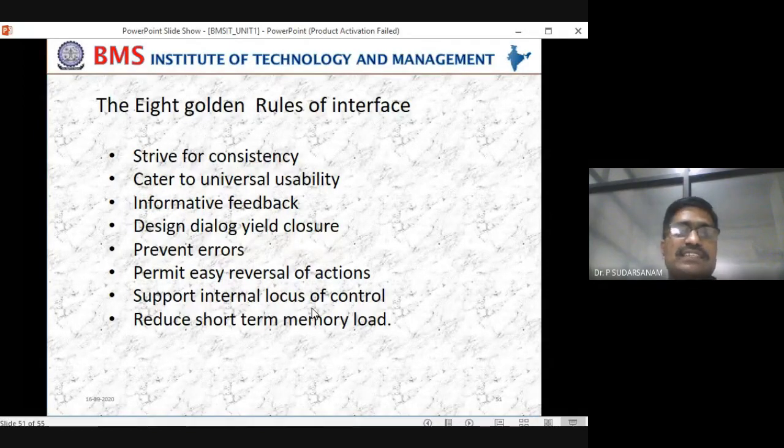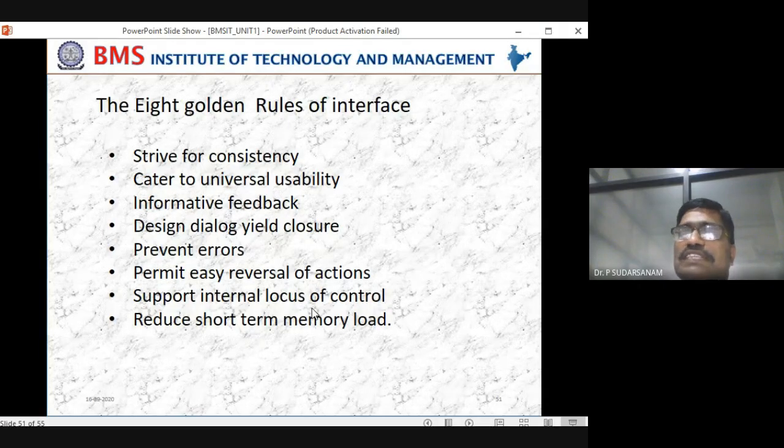Next is design dialogue to yield closure. This is nothing but sequences of actions should be organized into groups. So sequences of actions to be taken in the group. Suppose something goes wrong related to customer service.